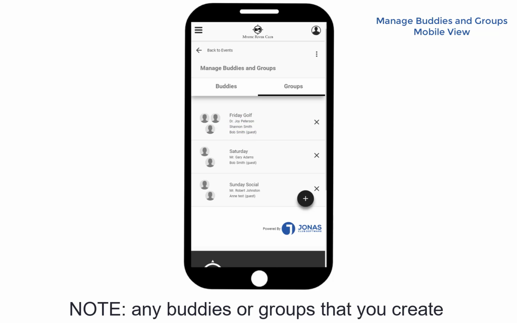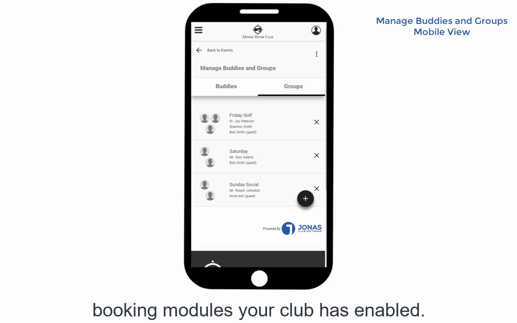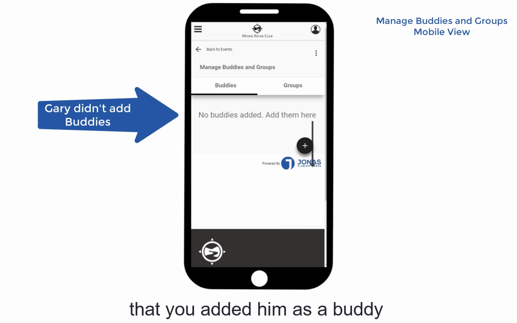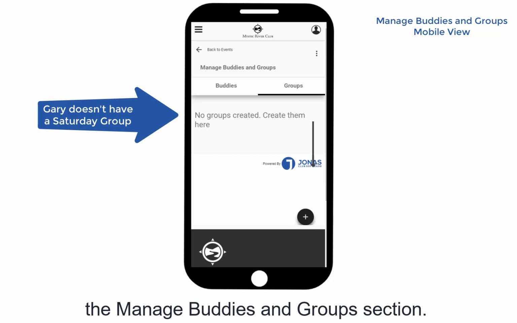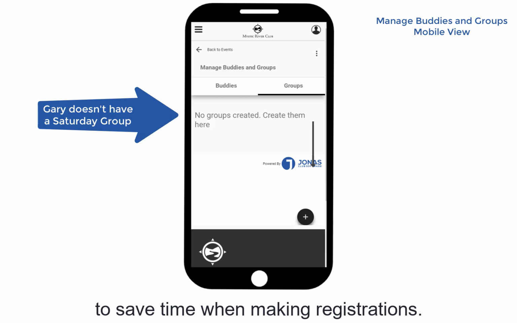Note, any buddies or groups that you create will only be available for you to access for most booking modules your club has enabled. Gary, the member we added earlier, has no idea that you added him as a buddy and to the Saturday group. If Gary logged in, he will not have a Saturday group when he goes to the Manage Buddies and Groups section. He would have to follow the same steps to create his own buddies and groups to save time when